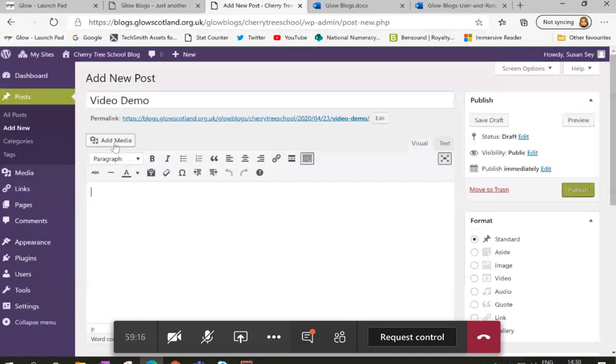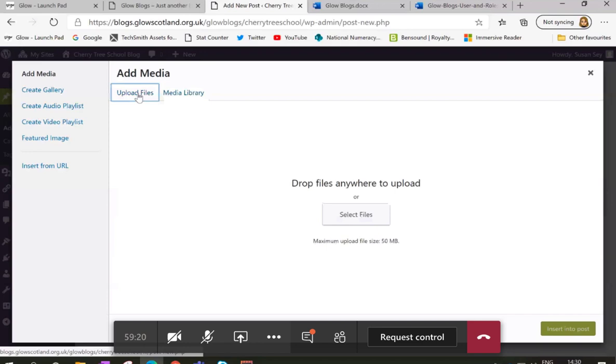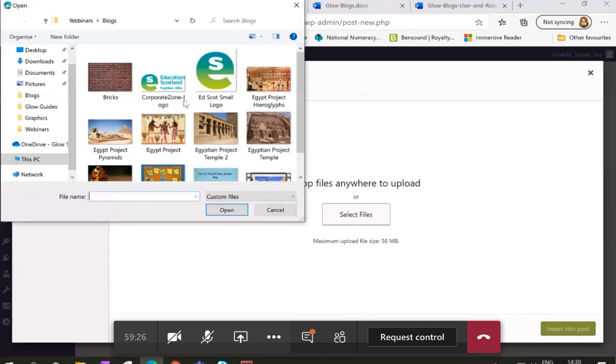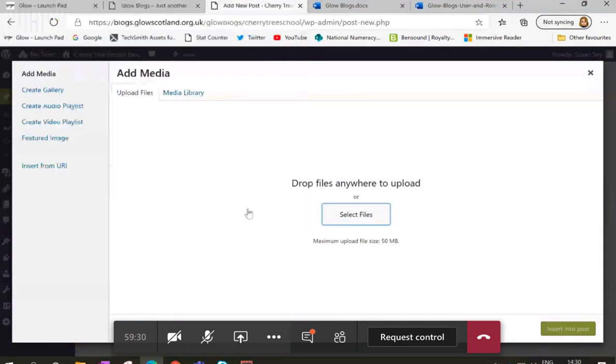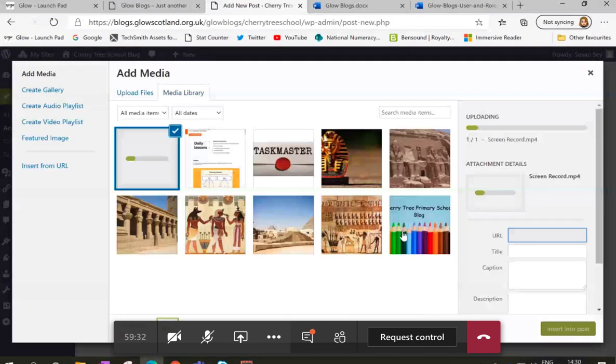Again, it's Add Media. Jenny, what's the file size for a video? 50 megabytes. So 30 seconds long is a good indicator, if you're filming it on an iPad or your phone or something like that at the moment. Okay. If you've got any videos that are longer than that, providing that all your permissions in school are fine